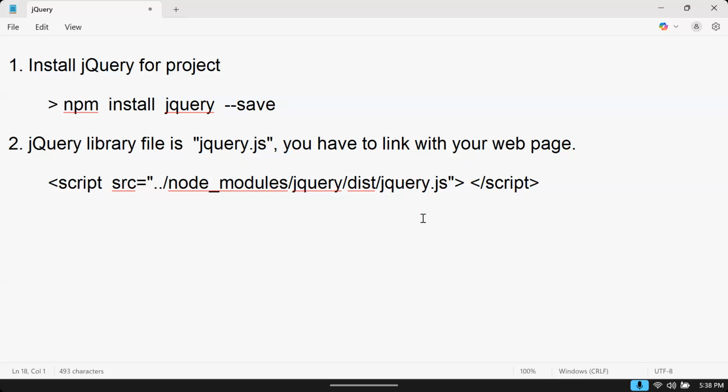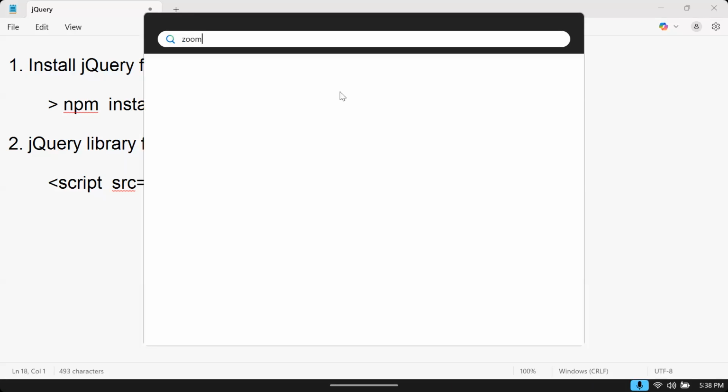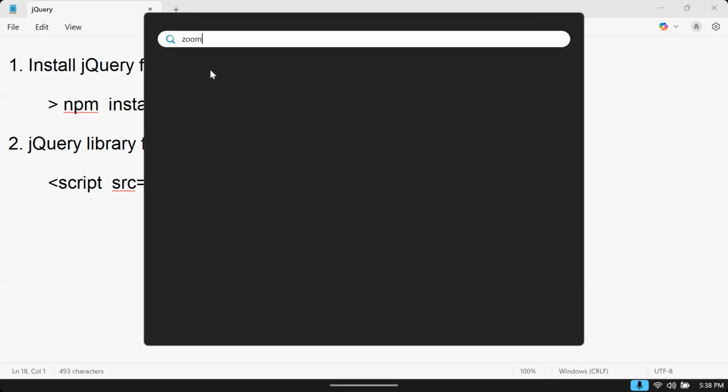We have to import those functions. I told you about the module system already. In the module system, we import the library, and whatever functions we need, we import. In jQuery, what happens is